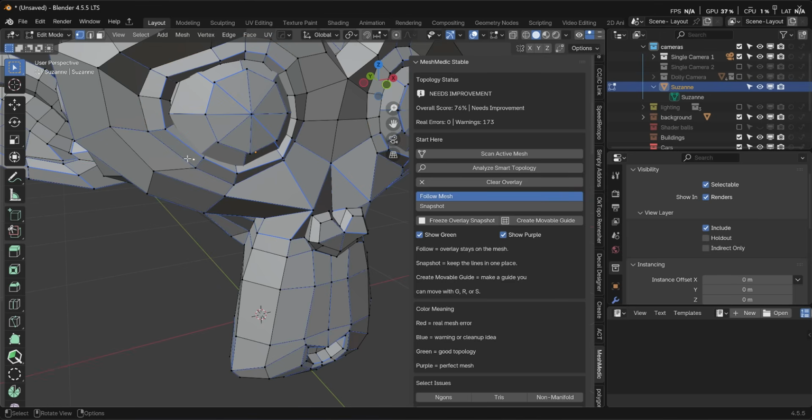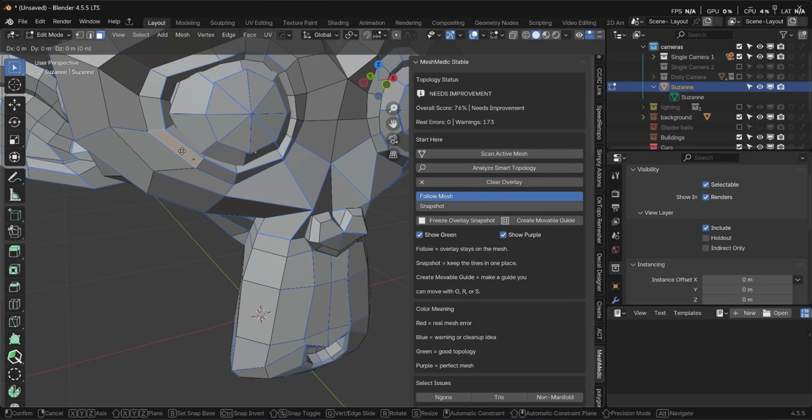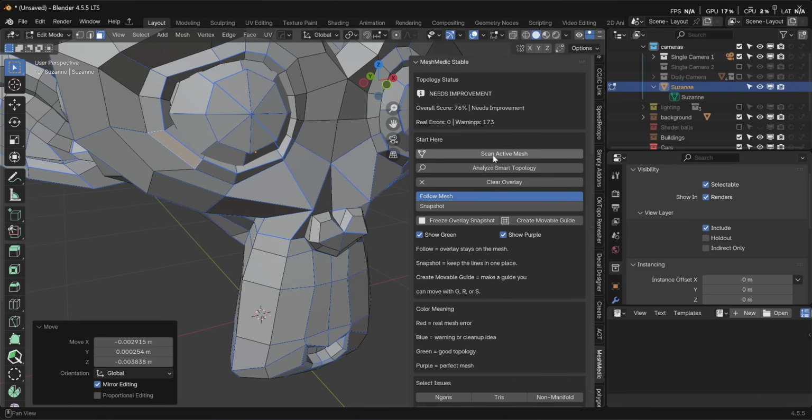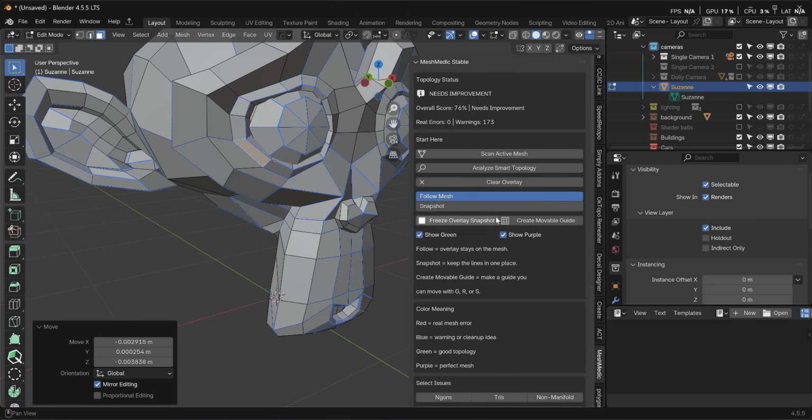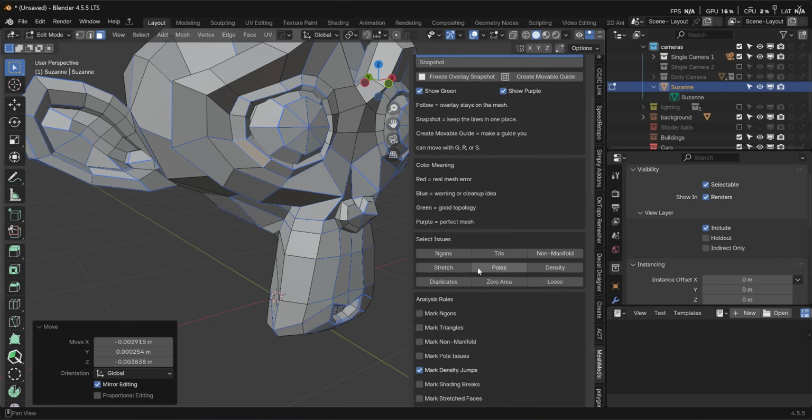So right here is a density jump, because you see this leaking through. So if you go to face mode and press G, just move this out a little bit, right? And let's scan. Right? We basically moved on those densities, but we have to do a little bit more work around it. But it does show